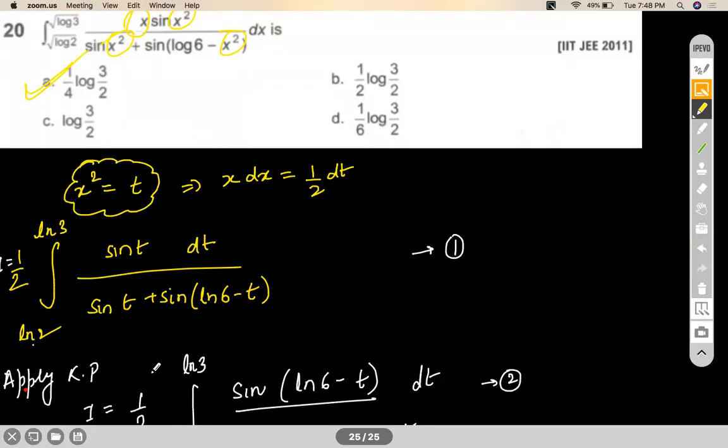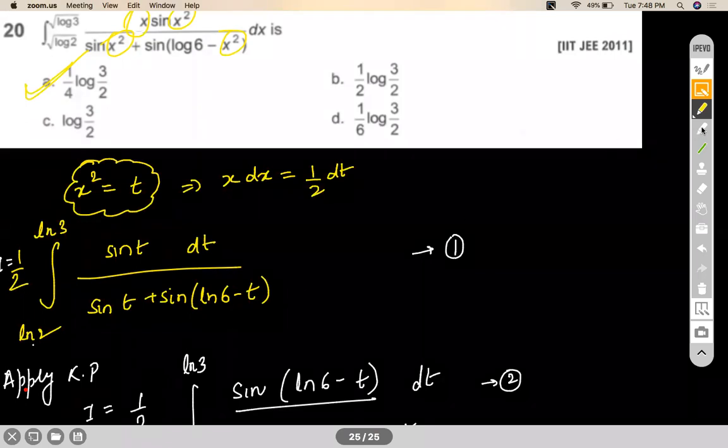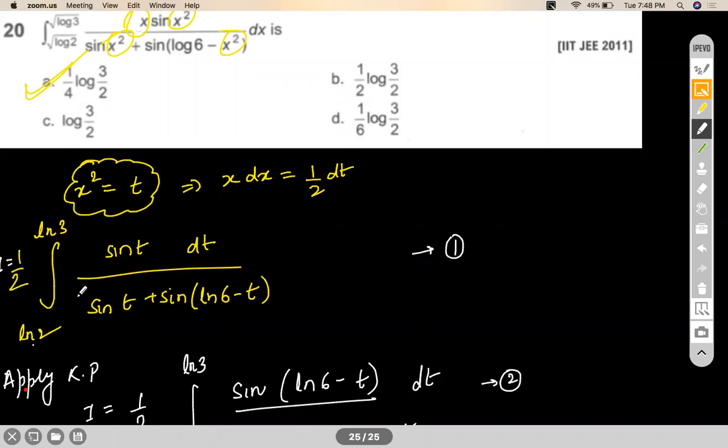Okay, yes, sir. Now you're saying okay. The same thing I had done in the first hour of the class only. Limits also will undergo a change when you are changing your function. Please note that. Limits will not remain as they are. They will also change accordingly. Are you getting my point? Yes, sir. Right.